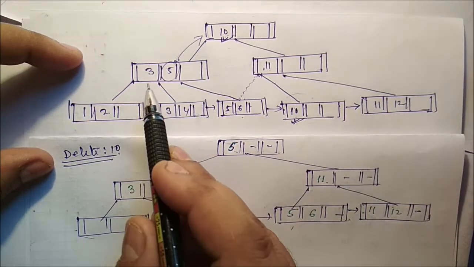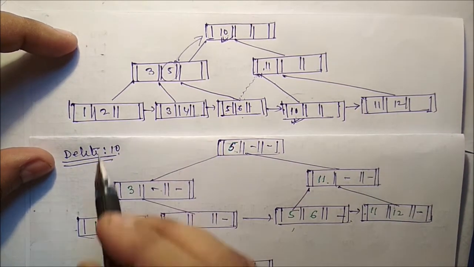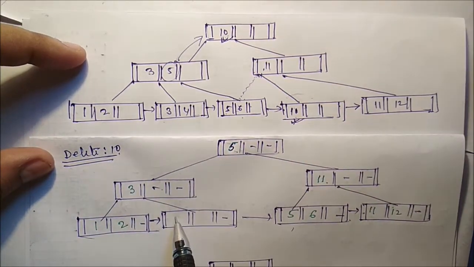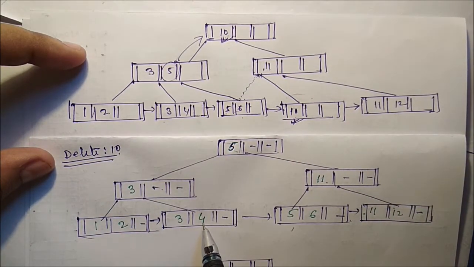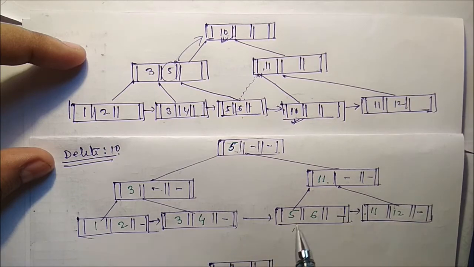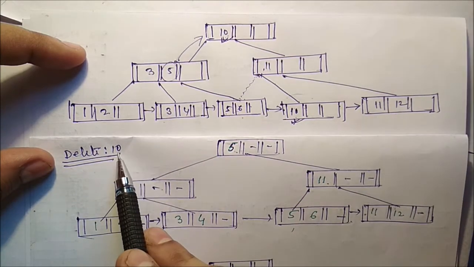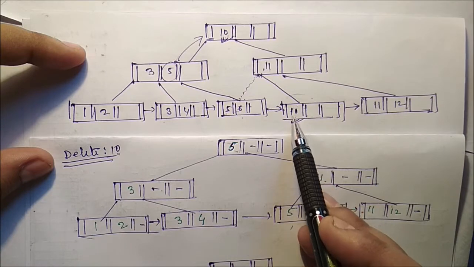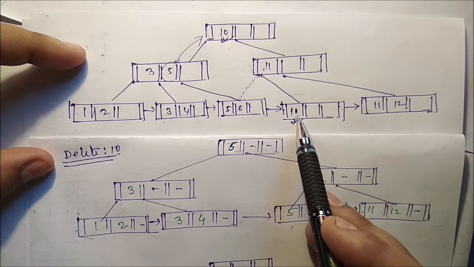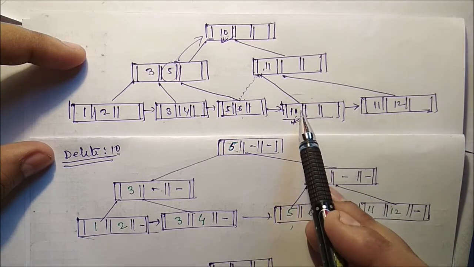Are you getting this one? So this is nothing but our 1 and 2, this particular information, 3 and 4. Now it is a B+ tree. If we delete 10, that means you have to remove this particular node, because a single key is there. So if you remove 10, that means what?